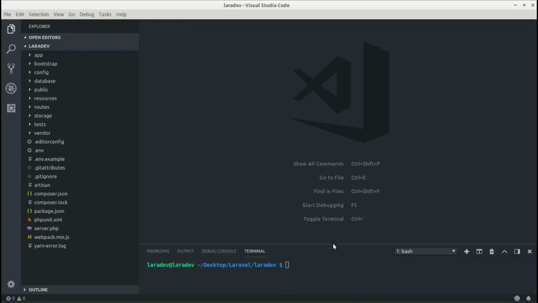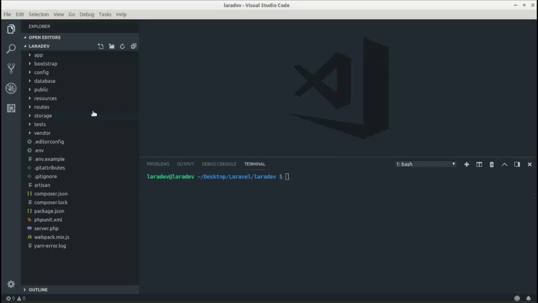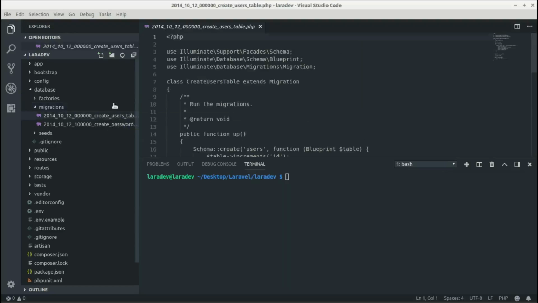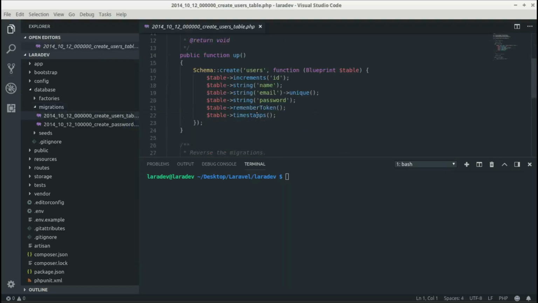Okay, so now we have to create a table in our database, and to create a table with Laravel is very simple. I can show you: if you open the database folder, in migrations we already have tables created for the users and for the passwords, and once we run the migration, they're going to be written in our database. Okay, but let's create our own